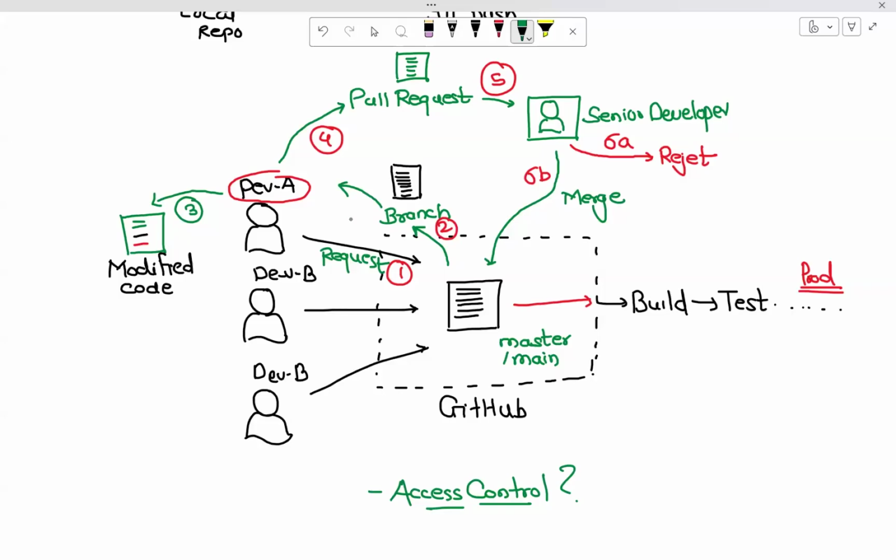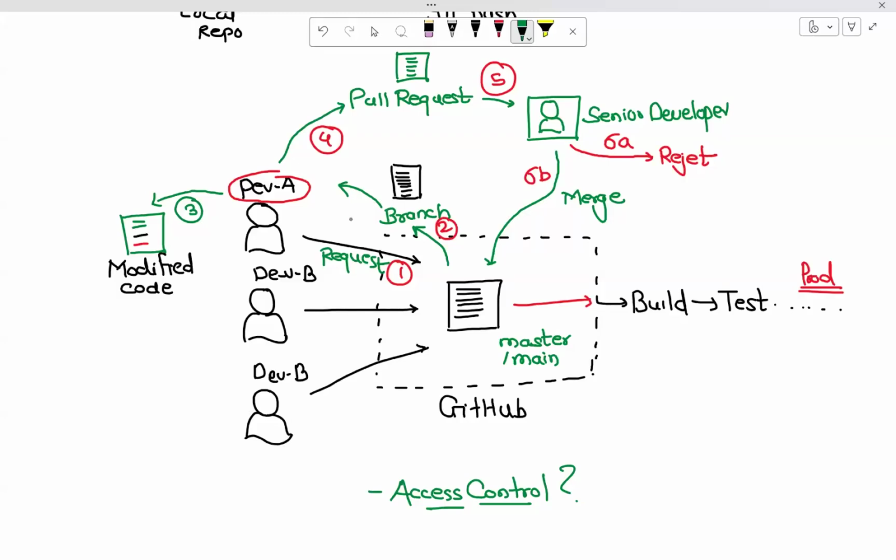Just have a look at it. It seems complicated, but it is a very simple process. The idea is that no developer should have direct access to the final code that is going into production. If the developer wants that access, it is provided through this entire process. The developer needs to have a branch of their own. In that branch, the developer can do the modifications. Only when a senior developer allows the pull request will those changes go into master. Otherwise, that request is outright rejected.